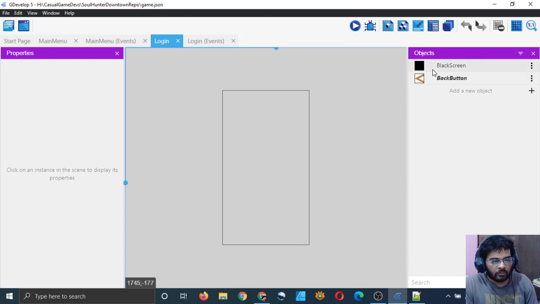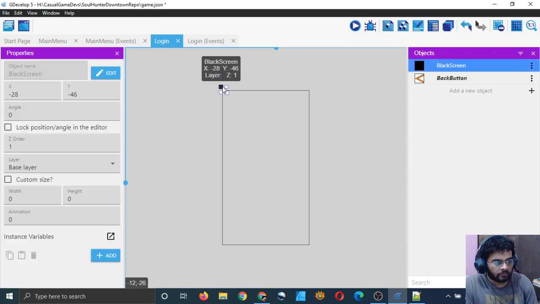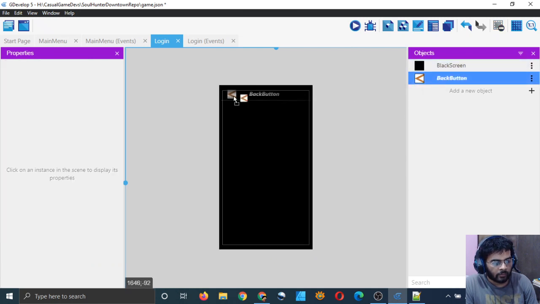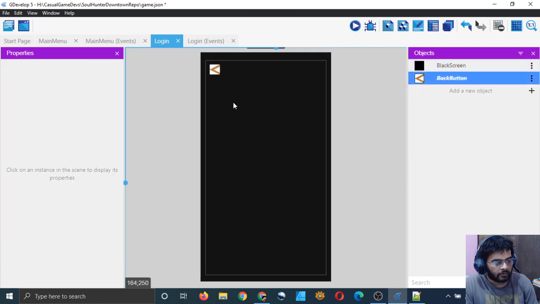Okay, so layout only gives me the objects and I have to arrange them myself. That's kind of okay. I mean, back button is a global object anyway.